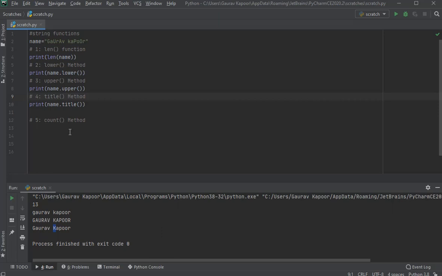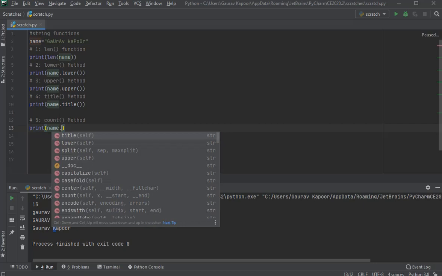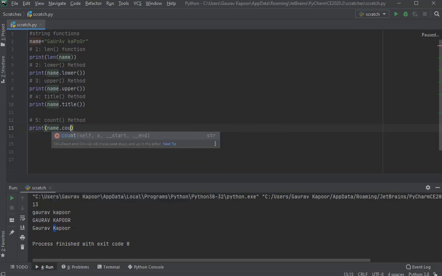Now let's move to the last method, that is count. Suppose I want to count a character in it. Let me count A in this string. If I have to count A in the string, I will simply write print, my variable name, and count, and now what do I want to count?